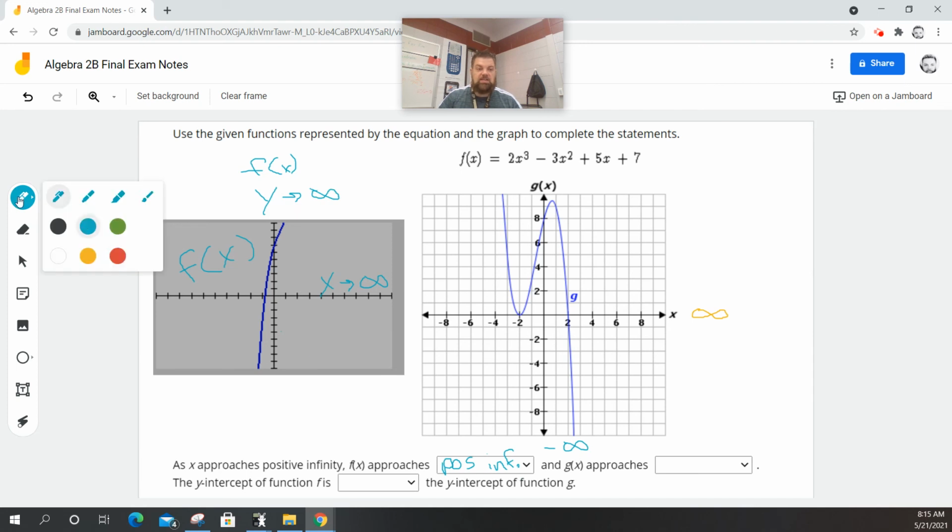Now, if I look at g of x, it approaches negative infinity. And then the y-intercept for f of x is less than or greater than the y-intercept for g. So g intercepts here at y equals 8. That's the y-intercept. Now this one is 1, 2, 3, 4, 5, 6, 7. It's between 6 and 7. So f is less than